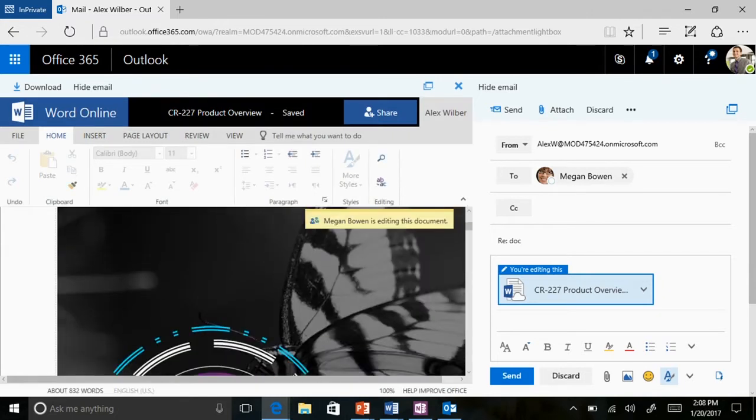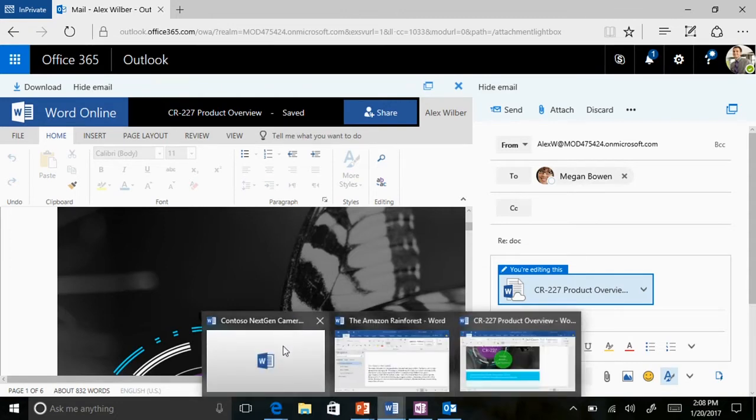And the cool thing is, look, it lets me know that Megan Bowen is currently editing this document because Megan does have it open, and it's in the desktop application of Word. So it doesn't matter if you're using an online version of the application or the desktop application. They do have full integration with co-authoring and everything else. They communicate. So it lets you know that someone else is in that document and currently working. So if we go back to Megan over here,